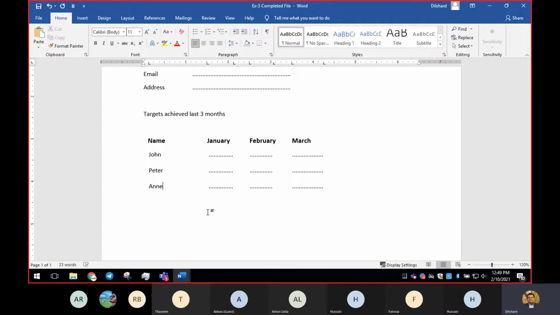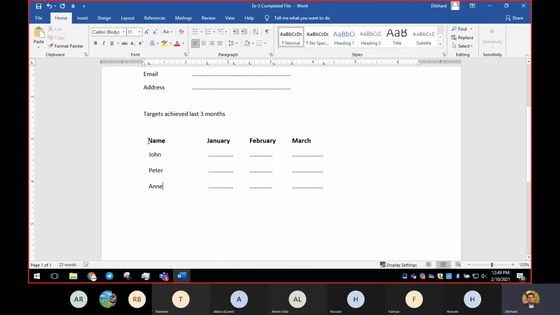In this exercise they have already given it, but when you're designing on your own, you're going to have your own style. So first finalize how you need this document to be created. You have to take that decision first, and then start designing. Since they have already given it, I'm going to create it as it is.